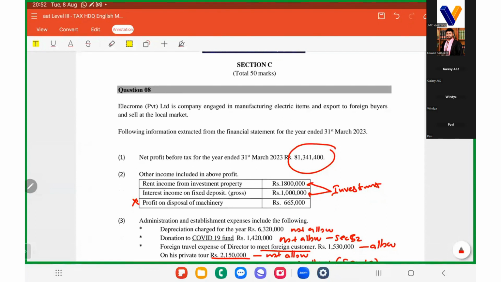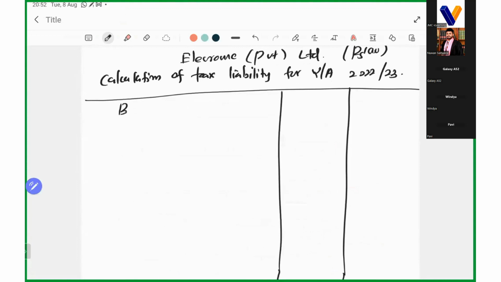Right. So here, you know the business income is there. Then there is investment income. Please keep in mind, for a company there is no employment income, right? Employment income is only applicable for an individual. So once we take these two, then you can calculate the total